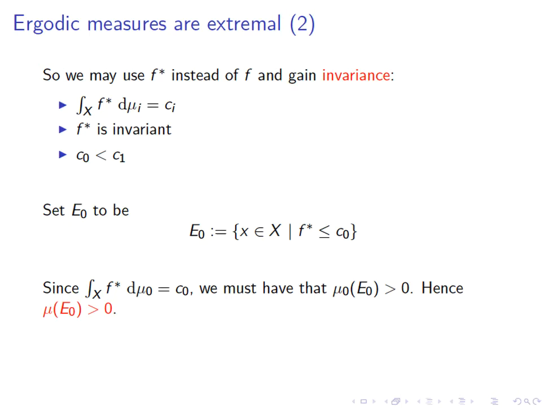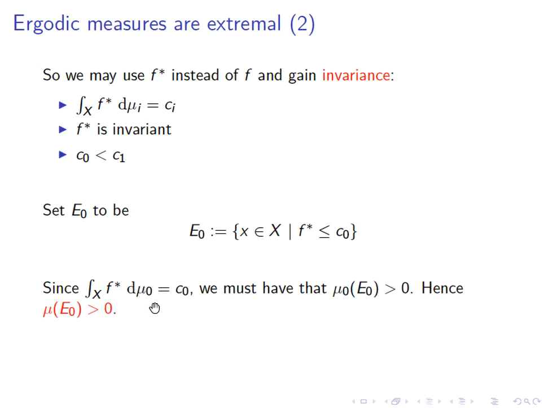Now, what we know is that the integral of f star is C0. But that must mean that the measure of E0 is positive. If the measure of E0 is 0, then the integral of f star, since f star is less than or equal to C0 on the entire set, let me start again. f star is strictly greater than C0 on the complement of E0. If the measure of E0 is 0, it means f star is greater than C0 on a measure 1 set, and of course then its integral will be greater than C0. So the measure of E0 must be positive,